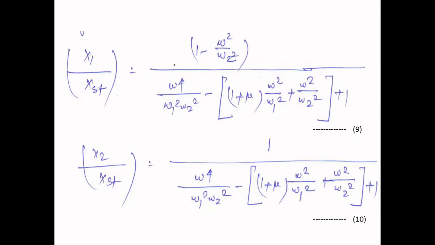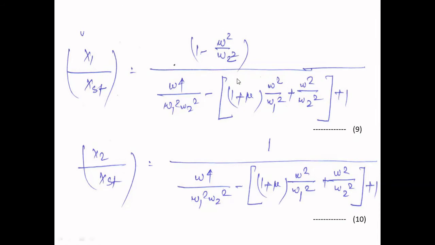It means that it remains static. So whatever vibration is coming goes directly to the vibration absorber, and there is no movement experienced in the main mass. That is the purpose of the absorber. It means that the vibration absorber takes the complete vibration, and the vibration in the main mass becomes equal to zero.